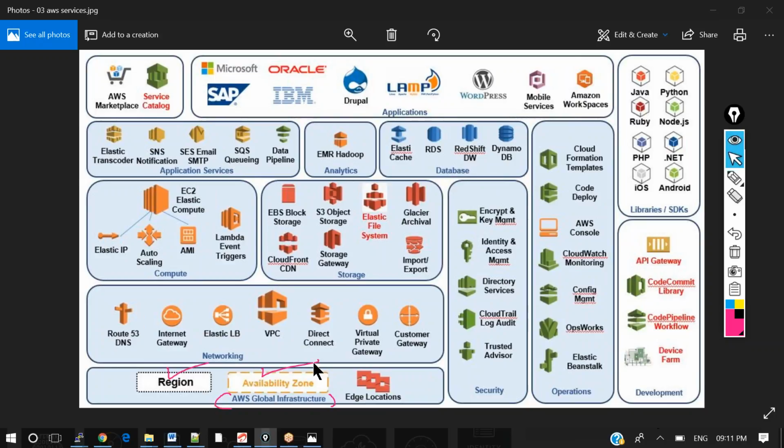A region which is hosted nearby our data center. Boss, can you please increase your volume? Can you hear me? Yeah, go ahead, boss. A region is nothing but what is hosted nearby our accessible point.